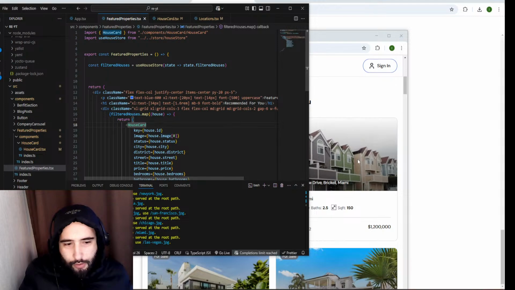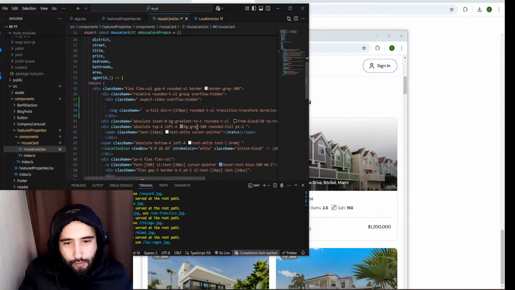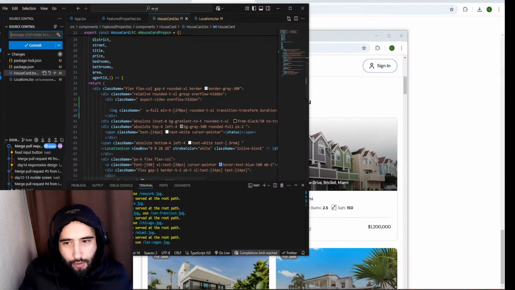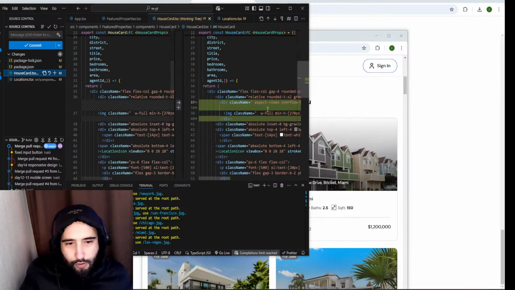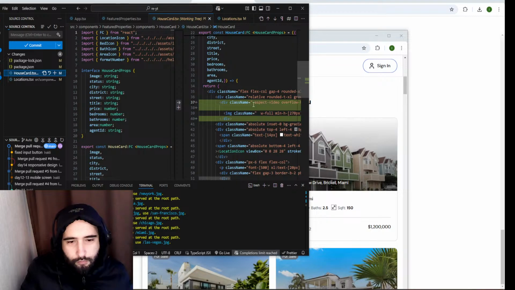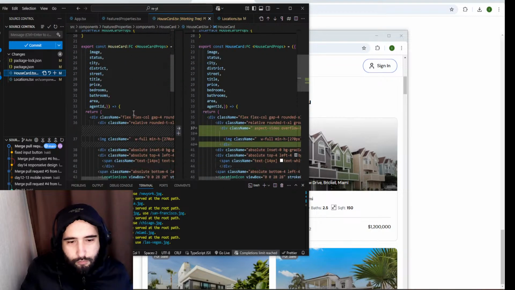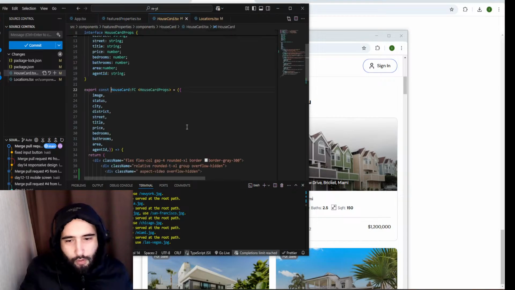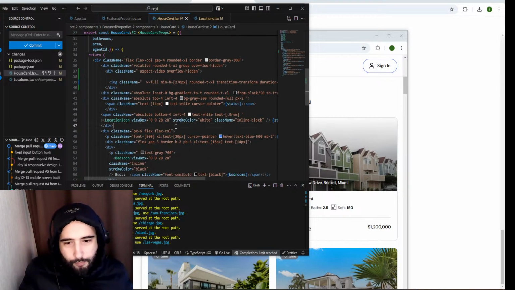This is the house, yeah, house card. And in house card I have these small changes. Here, house card, and